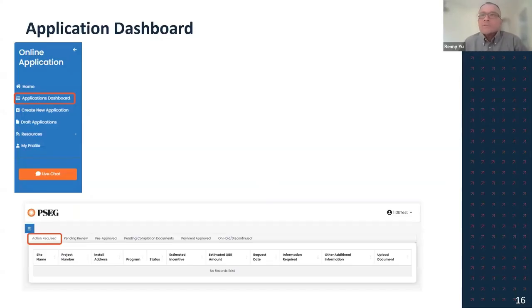All right, on this application dashboard, this is the Trade Ally portal. Through the left-hand menu, you can also view your full application dashboard, which will house all the submitted projects and lay out relevant details, such as those currently pending review, projects already pre-approved, on hold, or discontinued. The great part about each tab is you'll be able to view things like the incentive, the submission date, and status